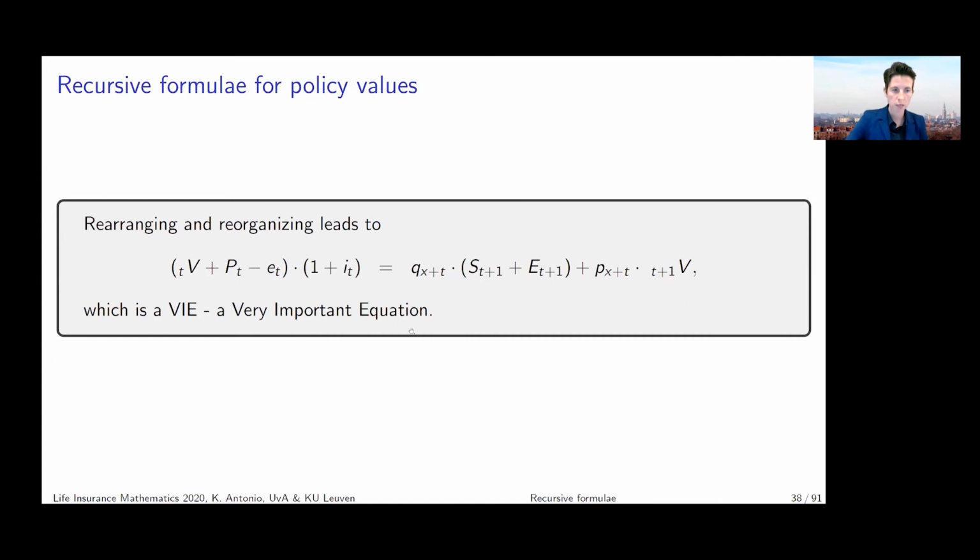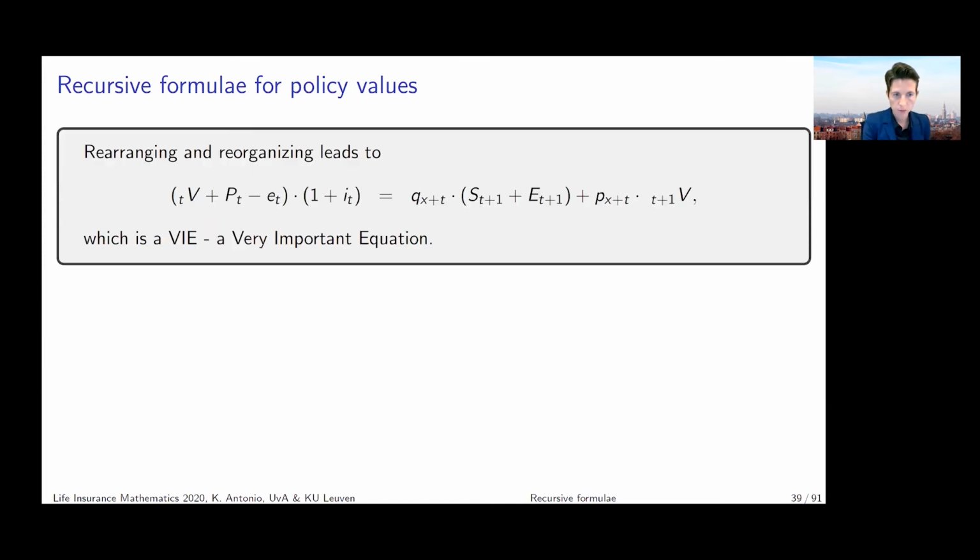So this recursive relation, I call it a VIE. It's a very important equation in the sense that in many exercises where you're asked to calculate a policy value, it's good to keep this relation in mind, in the sense that this is often going to help you with solving an exercise related to a policy value. All right, so that being said, let us try to give some intuition to this recursive